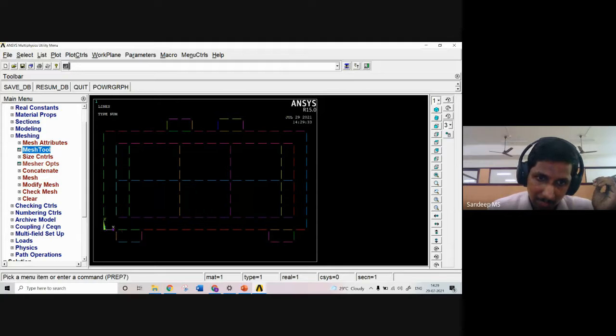And when you mesh this concrete, the element length should be selected such that a common node should be there. Say in the case of concrete as well as in the case of bearing plate, there should be a common node. So once we complete this meshing, there will be two nodes coming at the very same location. And you have to ensure that such thing happens at all the contact points.